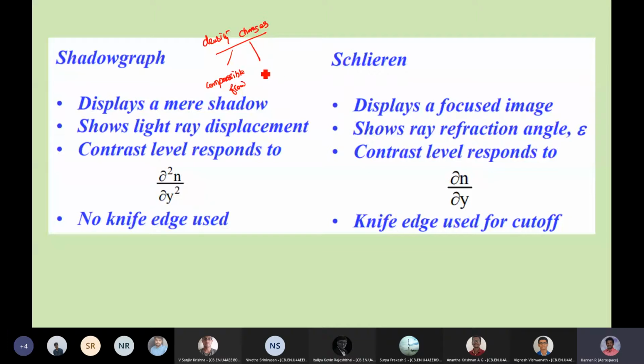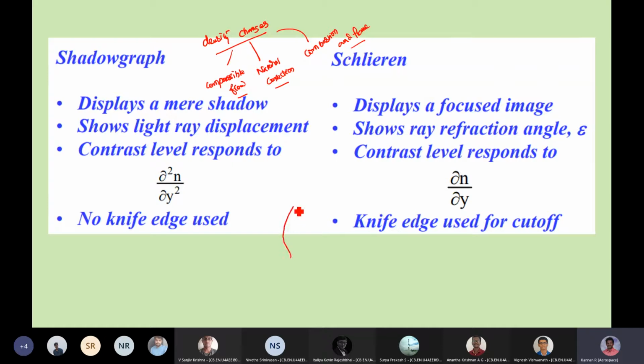your compressed flow, your natural or forced convection process, and also your combustion and flame measurements. Because in these areas, your compressible flow, your natural convection, your combustion and flame, in all those cases the density change is going to be there. The density gradient is going to be there. That's what I told you in the last class.